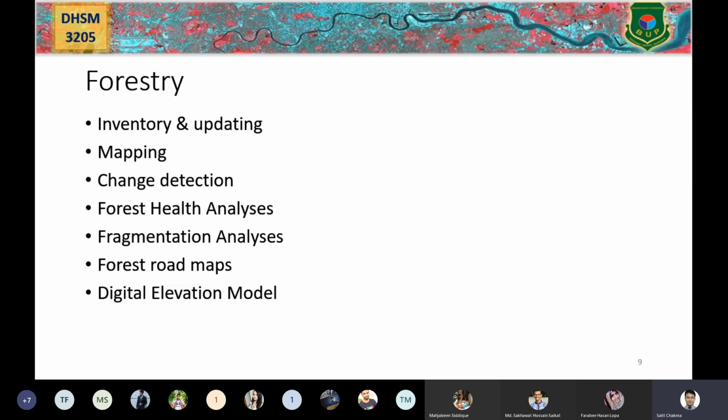The second example that we will be talking about is forestry. In forestry, remote sensing is highly involved and being used. Even in Bangladesh, in BFT, they are utilizing remote sensing technologies to identify homestead forest, deforestation, thinning of the forest, the height of the trees,